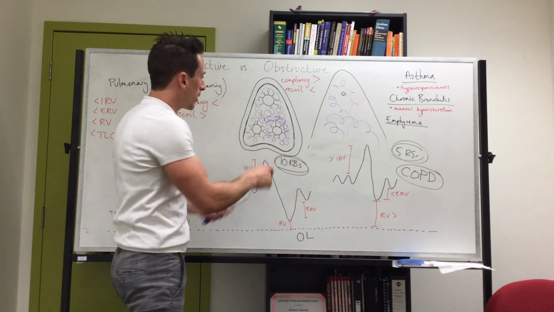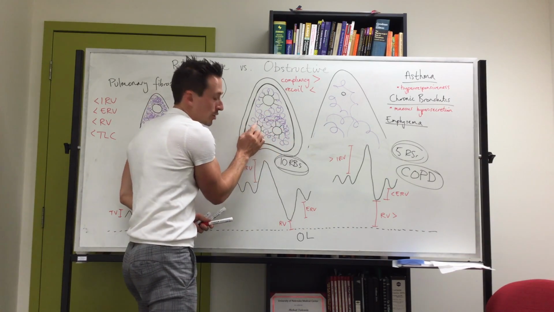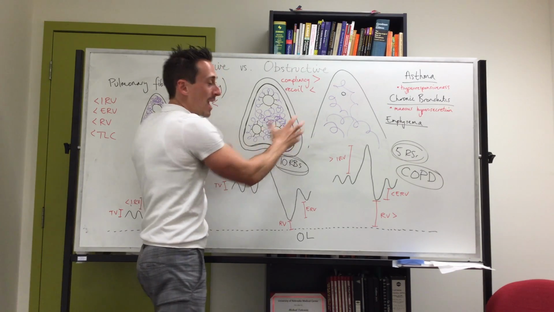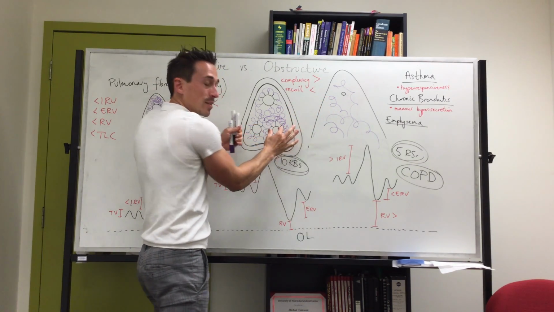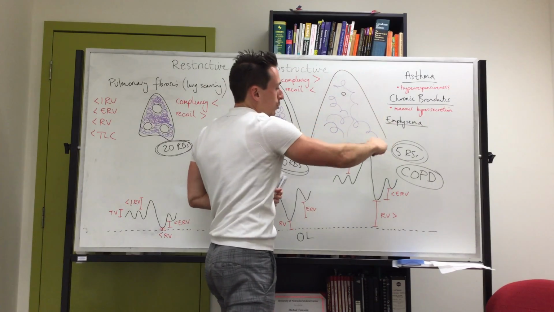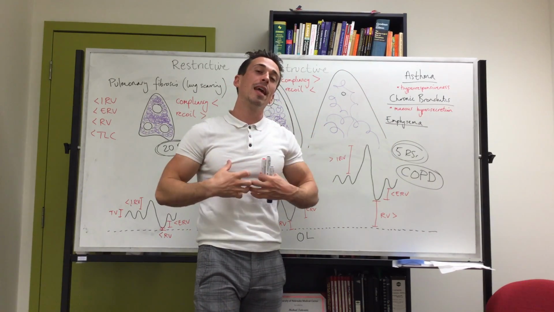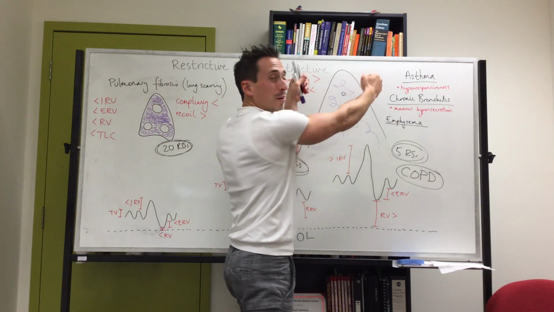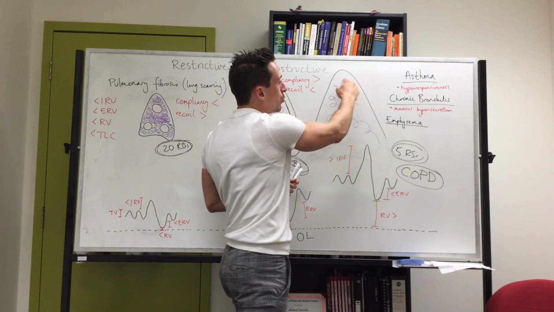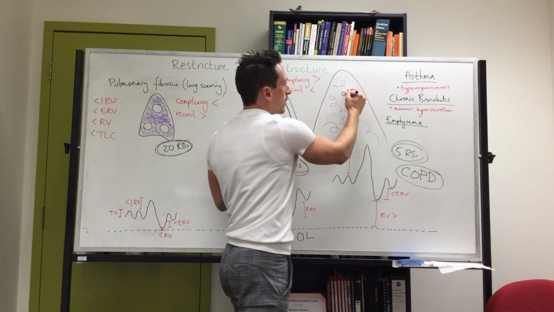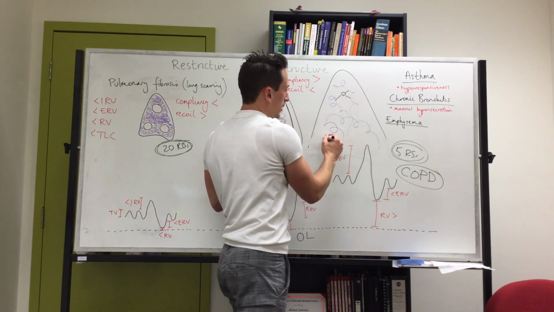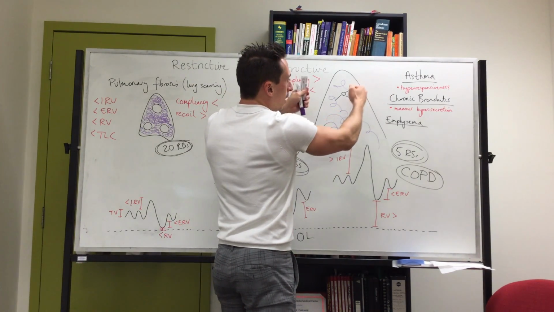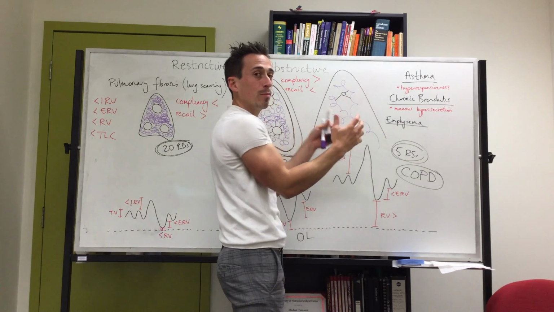Remember I said that this elastic tissue is attached to the airways? That means that when you expand a lung, the airways get larger, and then when you bring it back together, the airways get smaller. Think about what happens with an obstructive disease. I said that they can easily stretch their lungs out, which means the airways open up. But because there's reduced elastic tissue, not as much of this elastic tissue is attached to the airways as there should be, which means that when it comes back together, the thing that keeps these airways open and patent is their attachment to the elastic tissue,